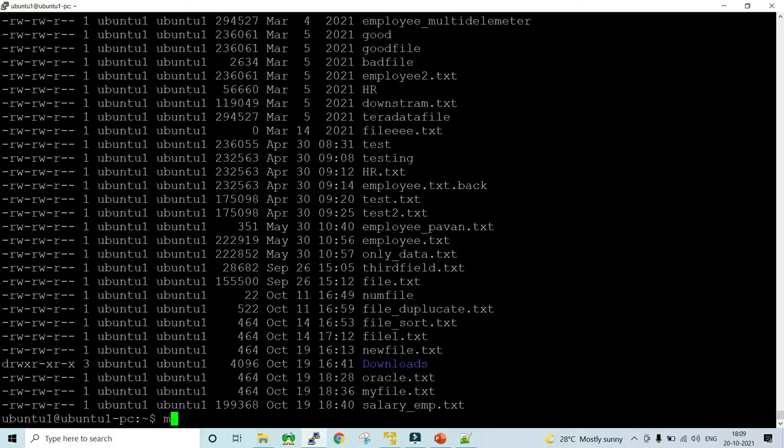Now let's suppose that I want to move a particular file from this directory to another directory. So what I can do is give the mv command the name of the file, and then the name of that directory. Now this particular file will be moved to the downloads directory.